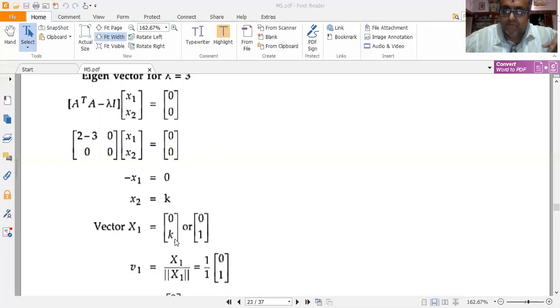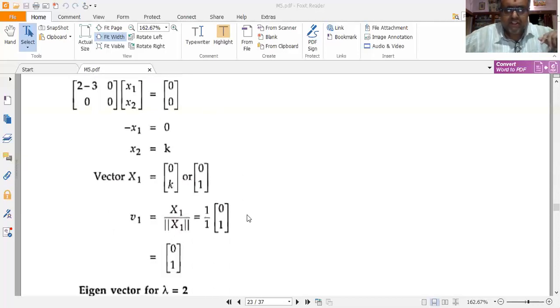Now let me put k to be some simple value. I shall put k is equal to 1. So I get 0, 1. If you want to put k is equal to 10, that also you can do. Or if you want to put k is equal to 100, that also you can do. Or 50, 40, 45, 75, whatever you want, you put. But always put some small number so that computation becomes very, very easy.